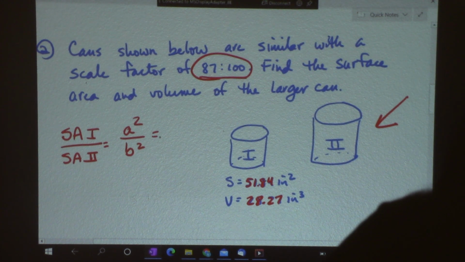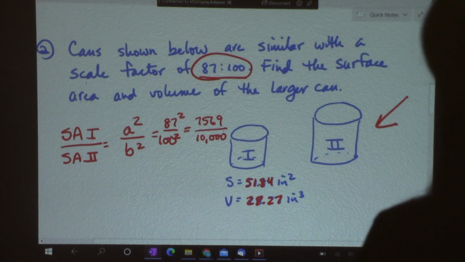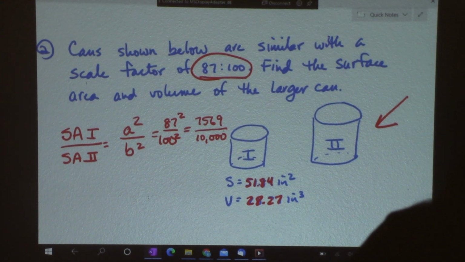So that would be 87 over 100, and they're both squared. And that works out to be 7569 over 10,000, okay? Sounds like a lot, but it all works out when we divide it out. Okay, so I'm going to set up a ratio